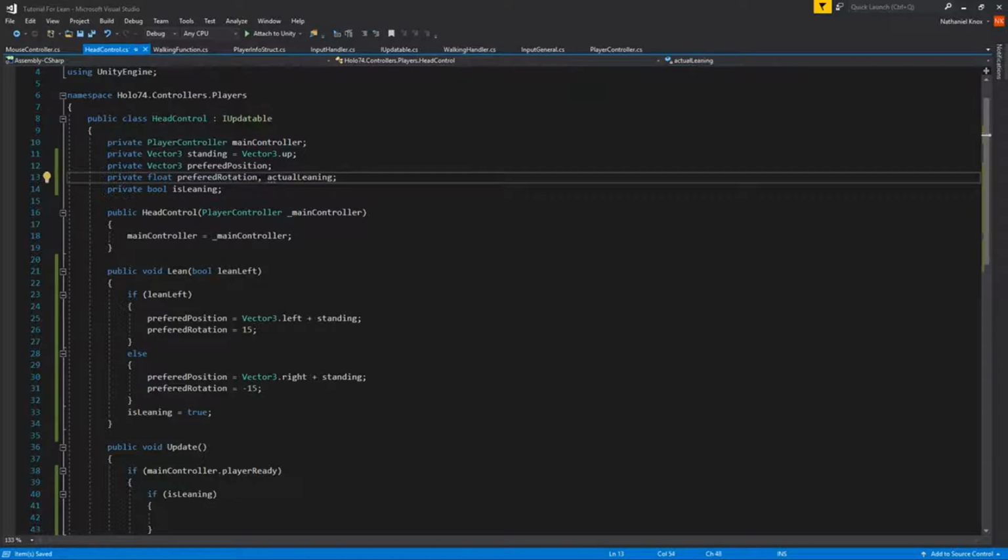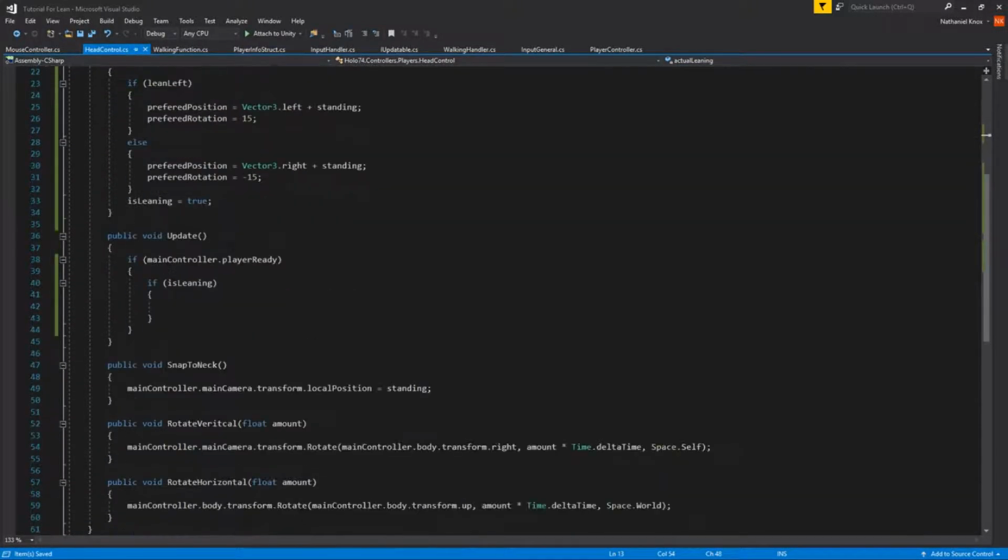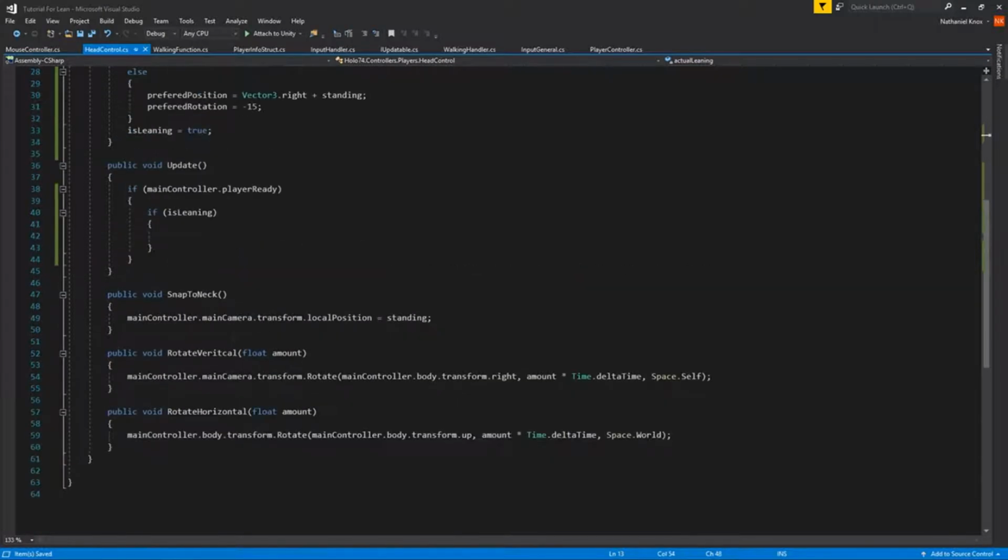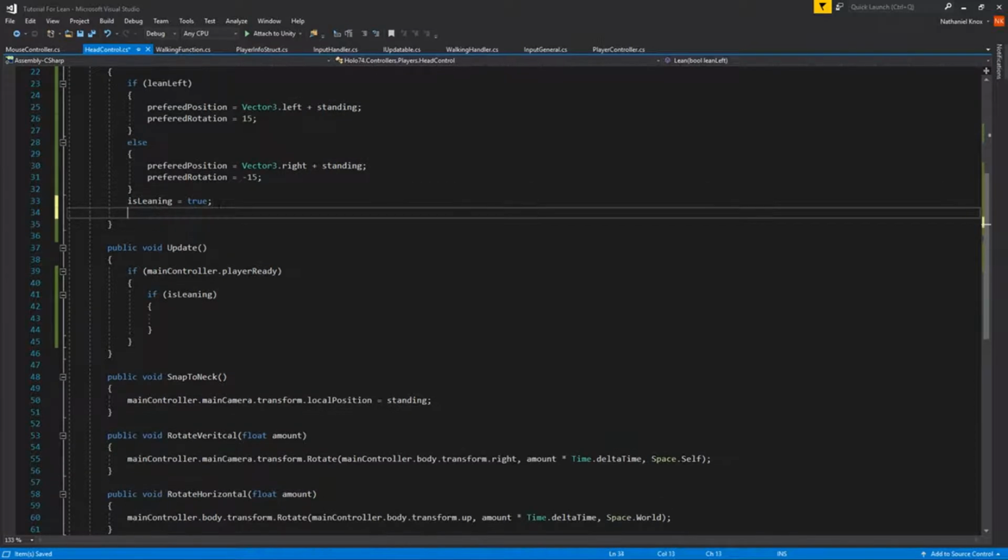This keeps track of where our current head is. So actualLeaning will be, wait a minute. Yes, I forgot something. Rotation direction as well